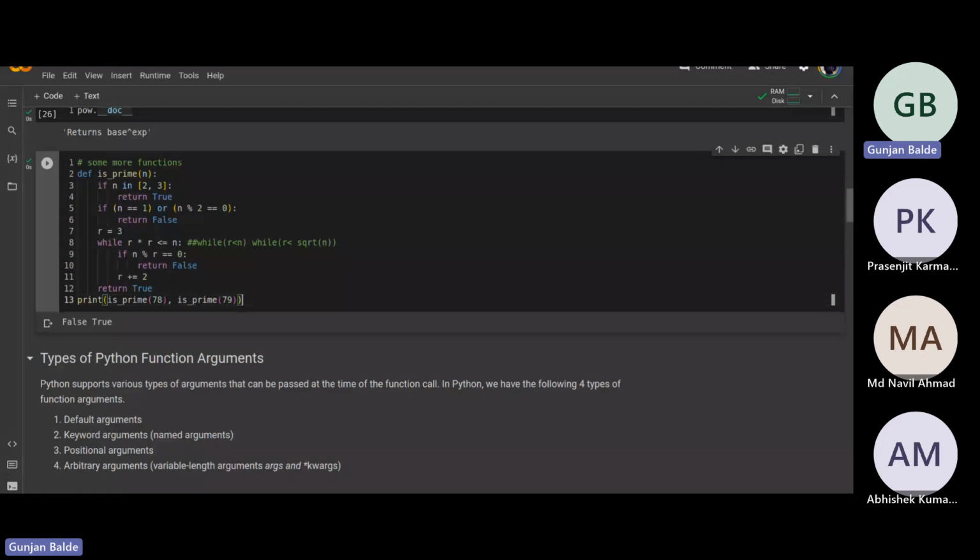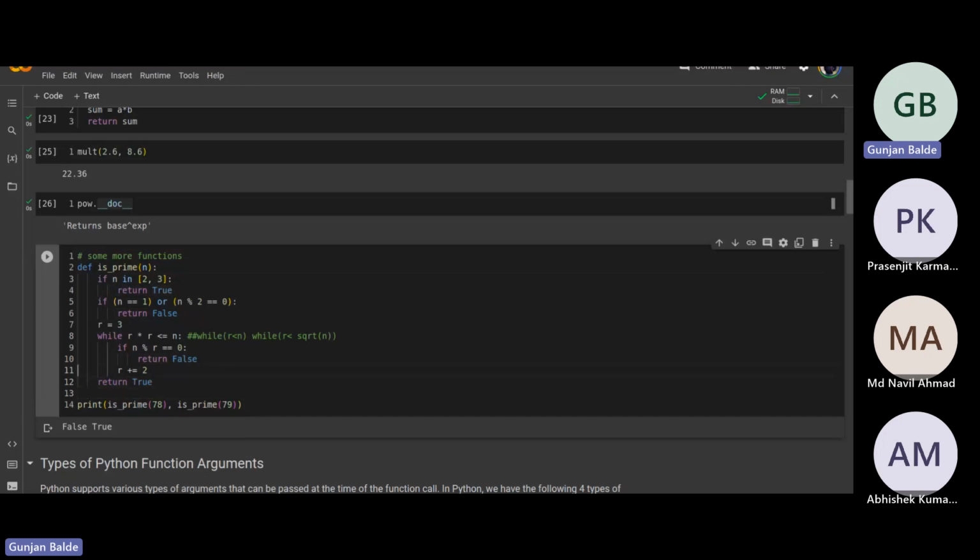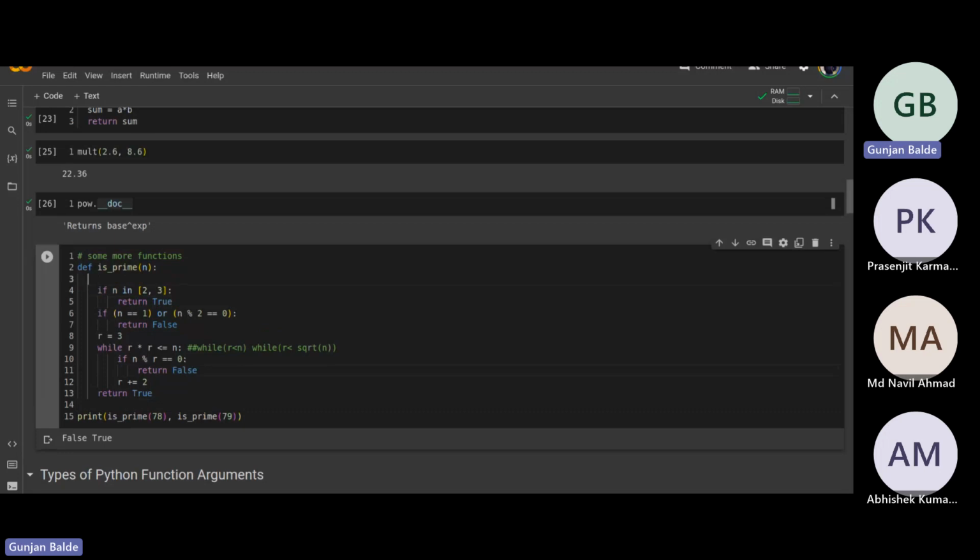So these are just some examples of simple functions to give you an idea of how to define functions in Python. You just have to remember the structure: first you give the def keyword, then the name of the function, followed by the arguments, then a colon, and everything within 3 or 4 tab spaces will be considered the body of the function, and anything outside it will not be considered the body of the function. Just to give you an example, here I will print